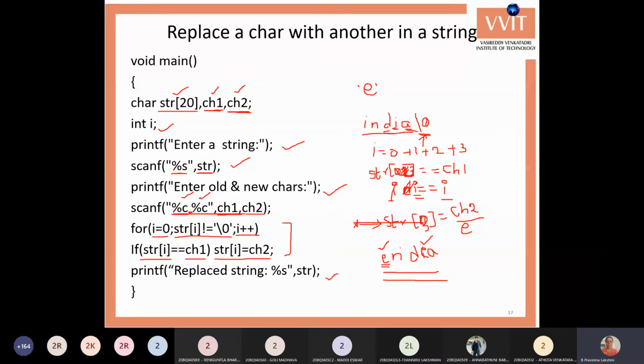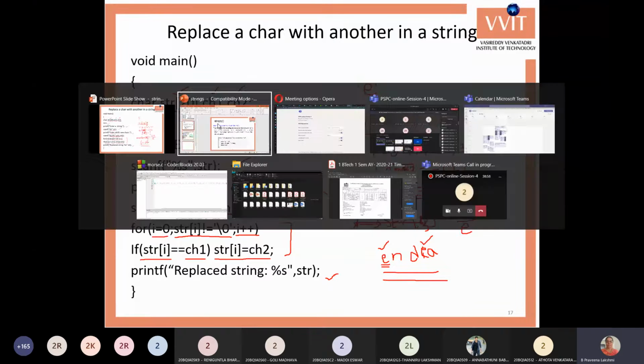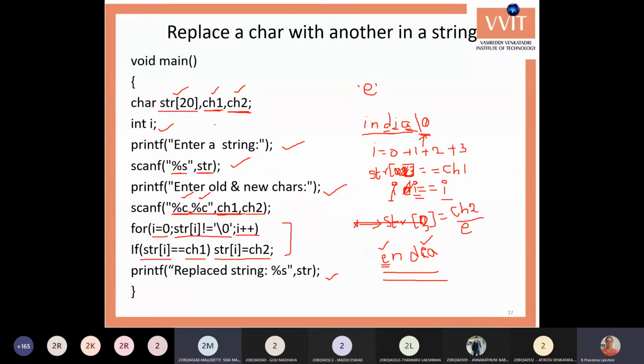Okay, note down this program. Meanwhile I will execute it in Code Blocks. Ma'am, there should be an ampersand in scanf before character 1 and character 2. Yes, okay, it's missed out.